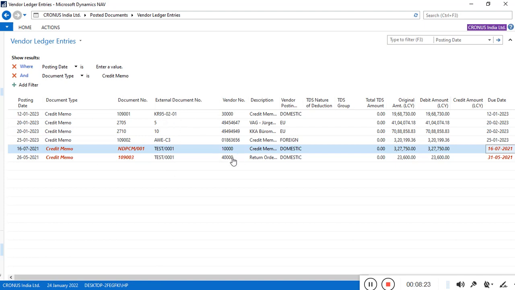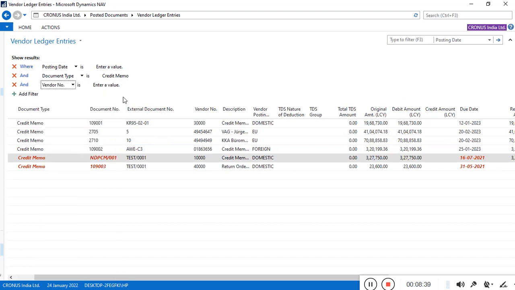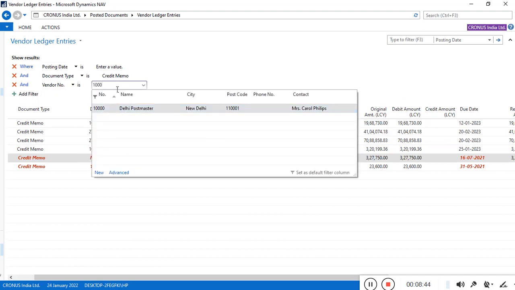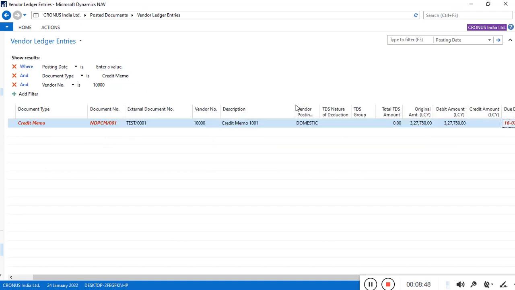I want to check for the vendor number 40,000 or vendor number 10,000. So we can check with the 10,000. You can use Alt F3 by selecting this to shortlist, or we can assign the party number. So the vendor number is 10,000. I want to know about this vendor. Tally postmaster. Description is posted credit memo, shortlisted. Now my screen, I need to show the